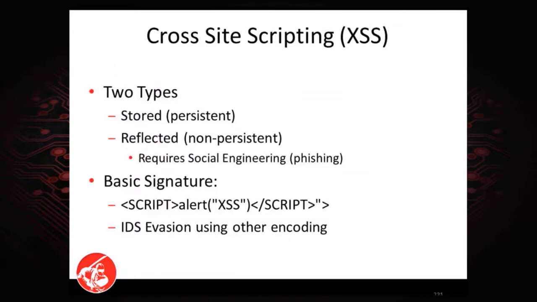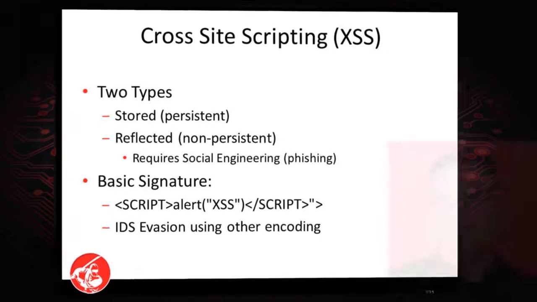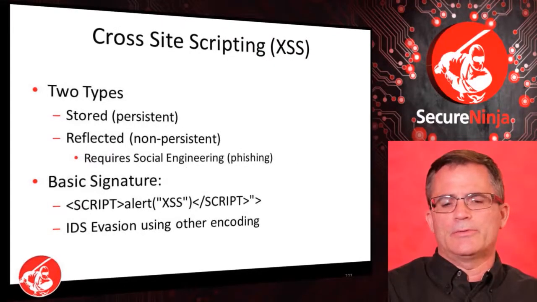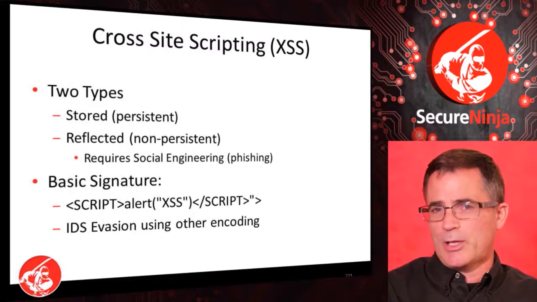So with cross-site scripting, we've got two types. We have stored, which is persistent, and reflected, which is non-persistent and usually requires some form of social engineering or phishing. That means click here and go to this site. The basic signature there, as it shows you, is a script tag with an alert box and a closing script tag. If I put this script tag in and it gets interpreted by the HTML engine, that means the front-end writer did not properly sanitize input, and therefore cross-site scripting is possible. Then inside this alert, I can put in document.cookie,